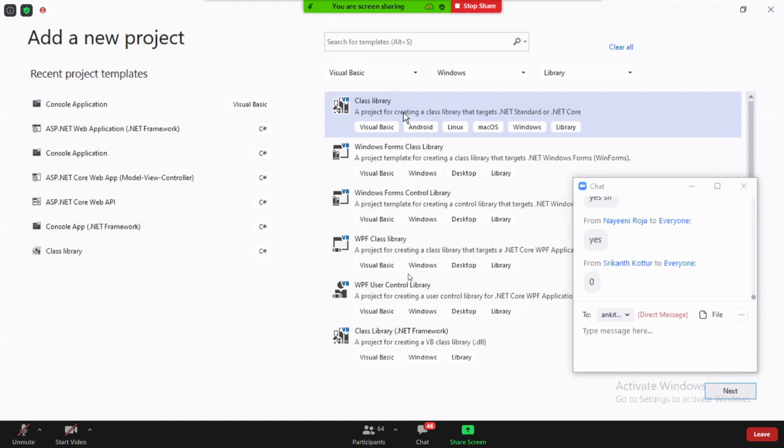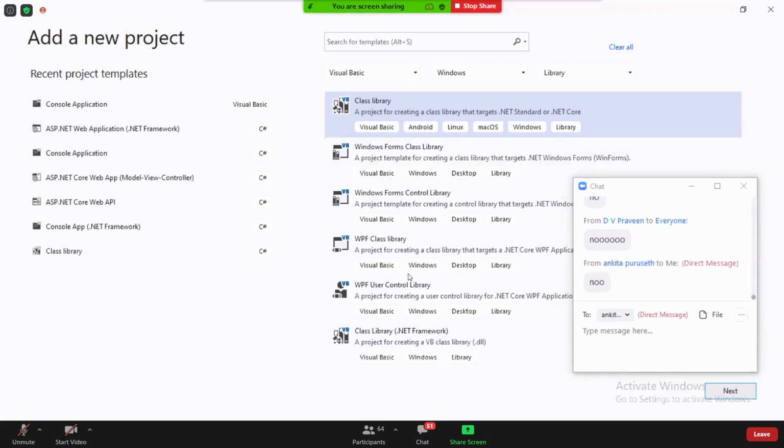These are pure DLL assemblies. Can we run them? We cannot run them. We can only consume them.